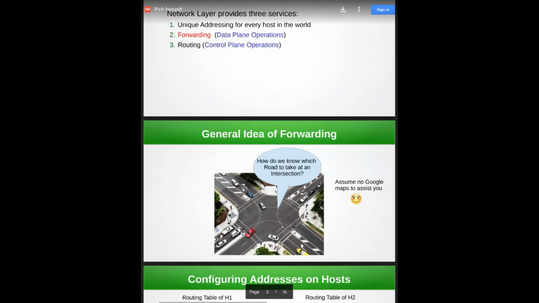Of course, our university is complex enough that people get lost within the university also, but let's not get into that complex thing. We say that you know how to get to the main gate of the university, but from there you don't know where to go. So you ask the security guard at the gate, which way should I go? And the guard will tell you go left or right. So you take that path, and how far can you travel without asking anyone else?